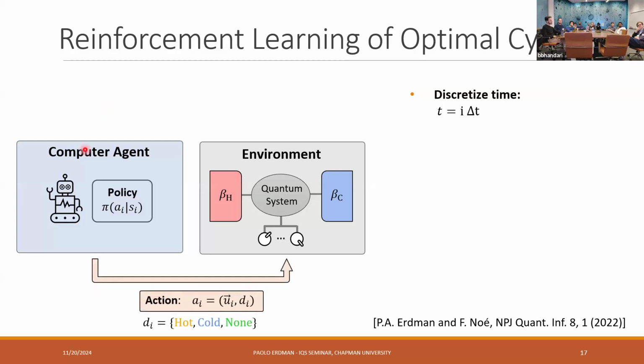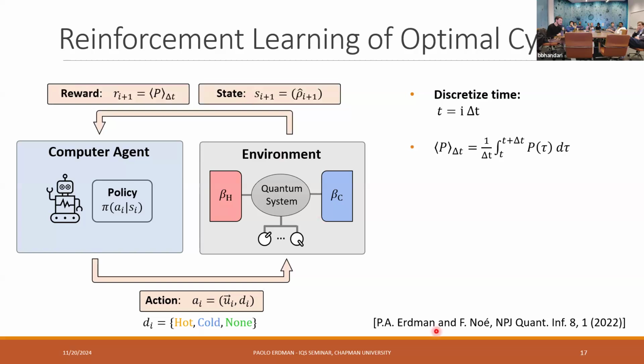So at every time step i, the computer can choose an action, which corresponds to choosing the value of the time-dependent controls u. And then we keep that u constant for a short time dt. The u would be this continuous parameter, for example, the gap of the qubit or some magnetic field that we apply to the system. And we additionally allow it to choose a discrete action d_i that corresponds to whether we want to couple our quantum system to the hot bath, to the cold bath, or just to the unitary evolution. And this is because typical cycles, for example, a Carnot cycle, always have a hot stroke, a cold stroke, and an adiabatic stroke. So we want to allow the agent to potentially learn something similar. So it has to have this additional freedom of choosing the bath.